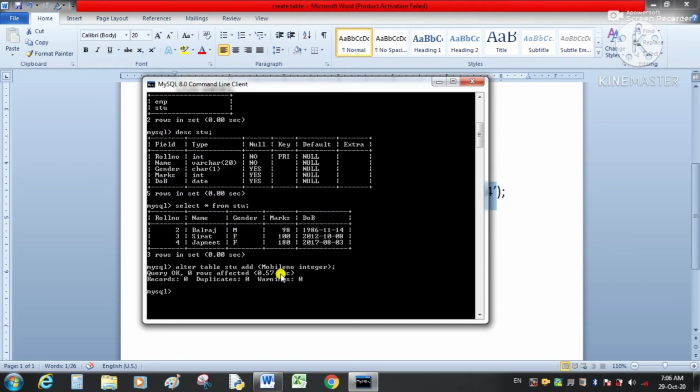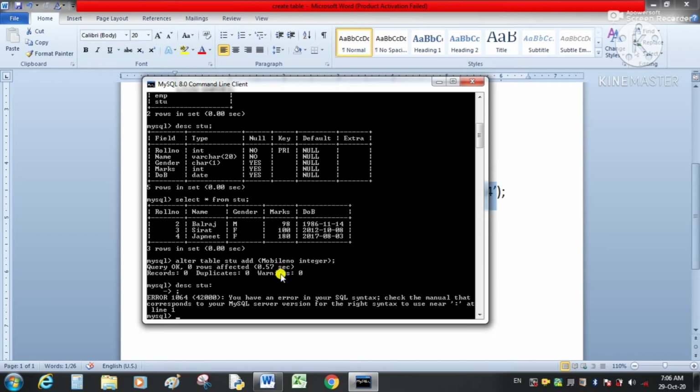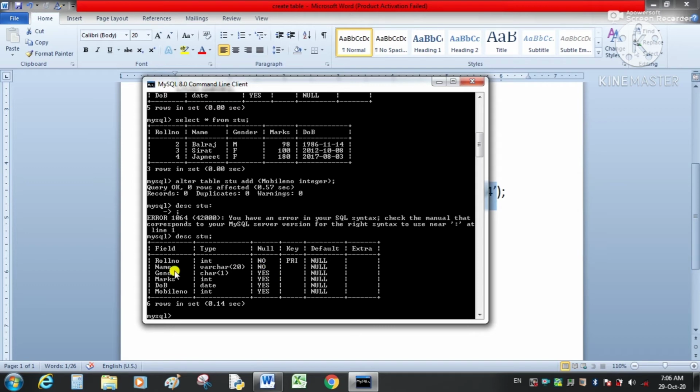For this, describe student. So here you can see there is a newly created column, mobile number, of type integer.